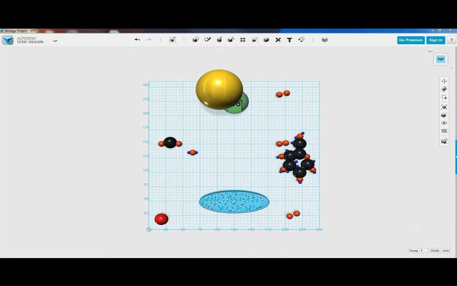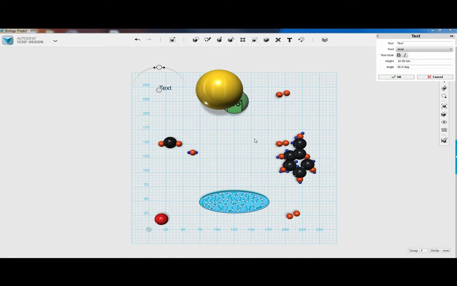So now we just need to label this. And we're going to use the text tool to do this. Pretty simple, right? All right, so let's get started. Click on text, then we'll click where we want the text to go. Okay, and then we get the text box,